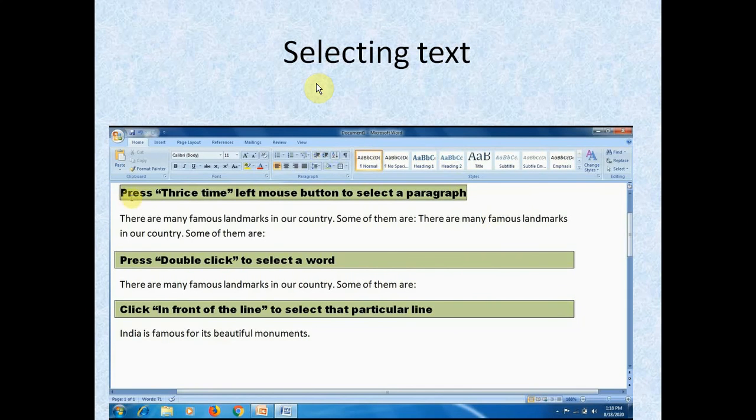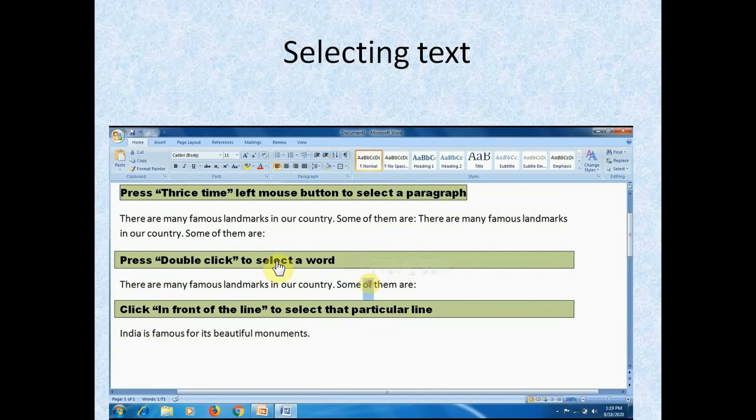How to select text? There are some shortcuts that help to select text. Press the left mouse button three times to select a paragraph: come in the paragraph and left click three times, and your paragraph will be selected.